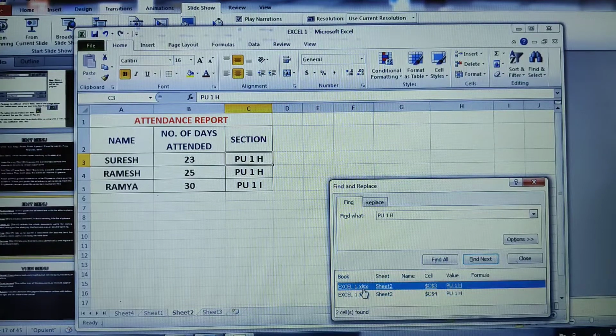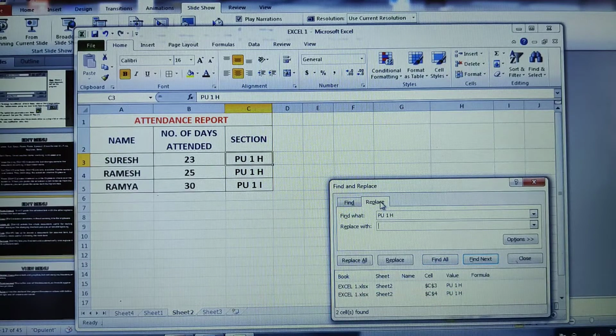In this particular workbook, in Sheet 2, I have it at the C3 cell. You can see here in the name box, it is showing as C3. We have the P1H section, and even in this cell, which is C4, I have the P1H section, because I have taken the option find all. I hope children you are able to understand.